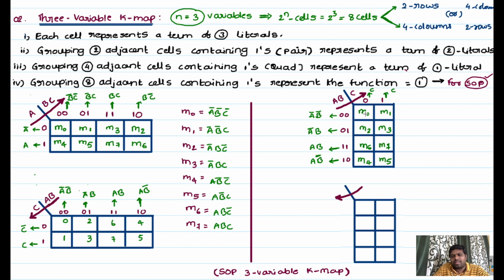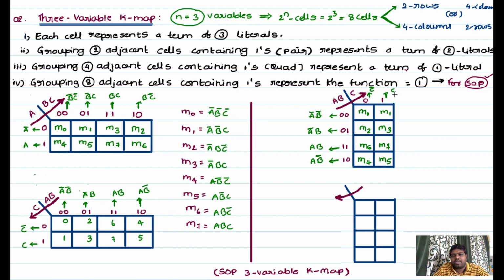Once you verify whether the numbers are correct or not, if you take this square box which is associated with C and AB bar, our order is A bar, B bar, C. Sorry, this is C bar, not C. So A bar, B bar, C bar. So 0 0 0 means the decimal equivalent is 0. And randomly you can check this is m7, which is associated with AB as well as C. Our order is ABC order, so 1 1 1.